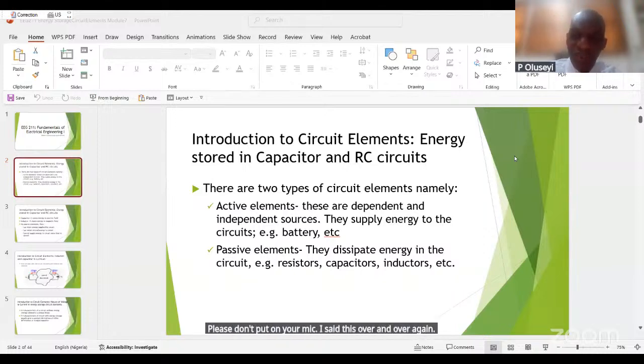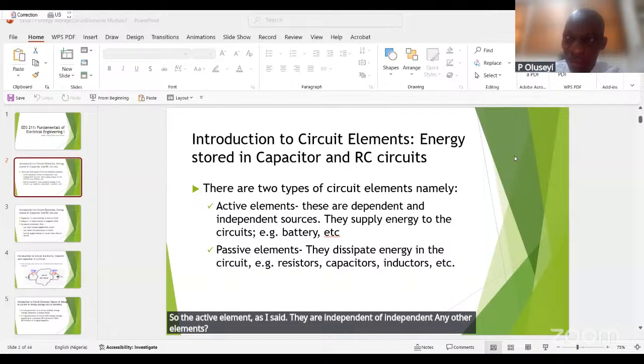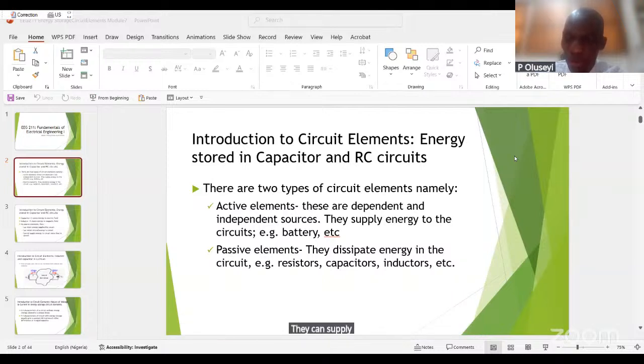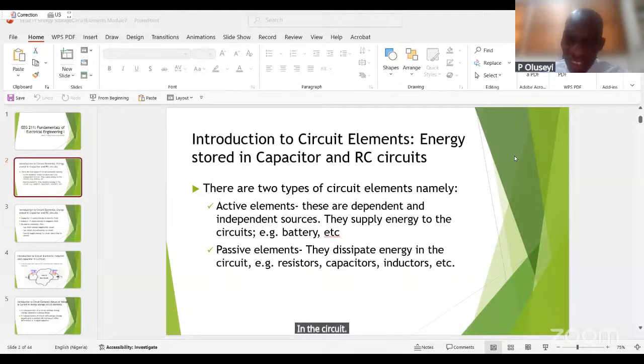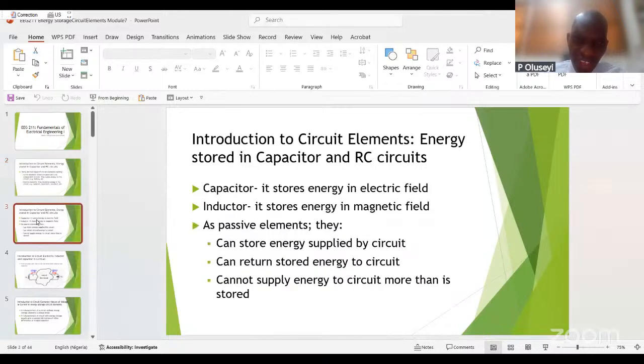So the active elements, as I said, are independent of any other elements. They can supply power or current to the system in order to run the system. Whereas the passive elements, on the other hand, dissipate the energy in the circuit. So they are the active elements, those elements that can supply energy. So on the account of that,